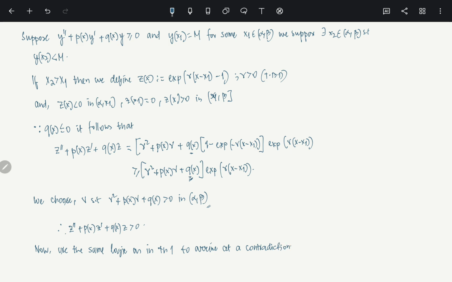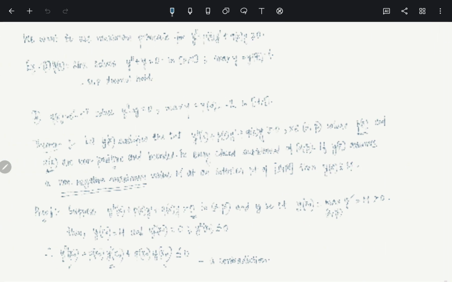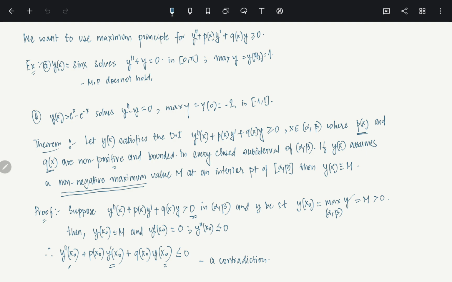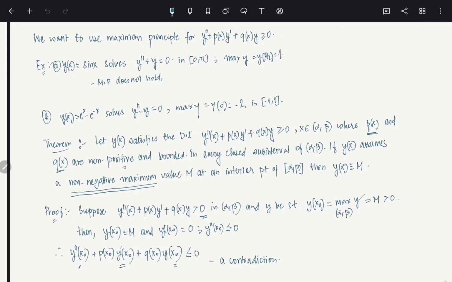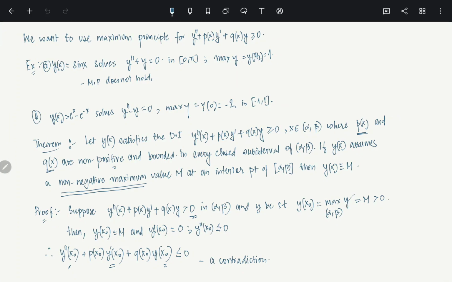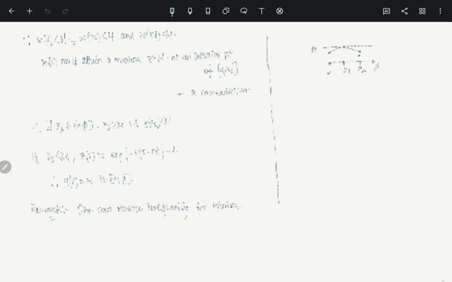Fine. So now you can use these theorems to prove some better results about solutions of some equations. That we will do. I will put some problems in the assignment where you will see how the maximum principle can be used to talk about uniqueness, or to give some sort of estimates, upper bounds or lower bounds, on some solutions. So with this I am going to end this video.